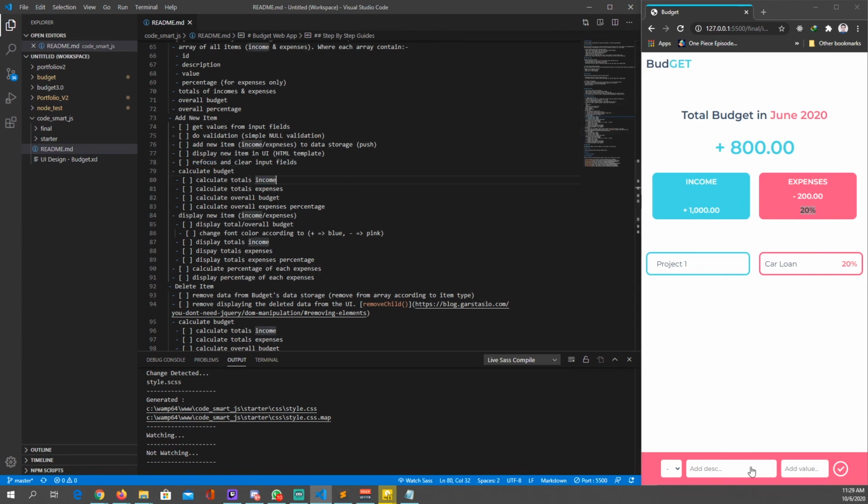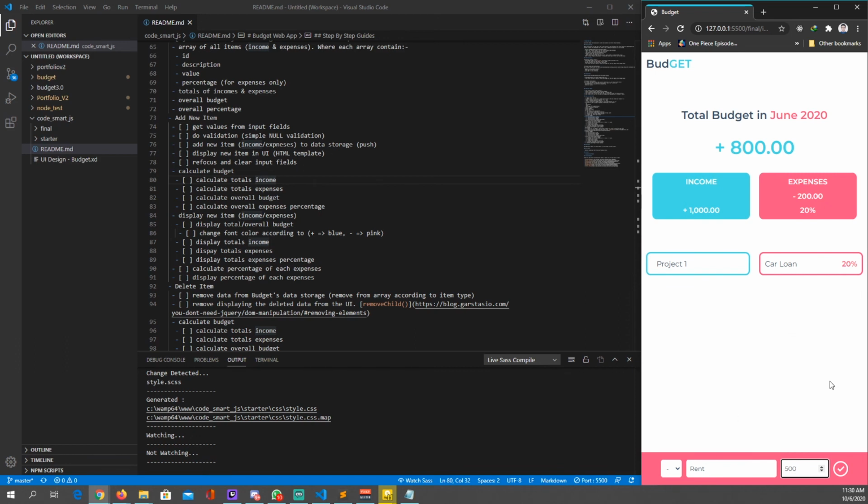So if you see again, if I put rent over here, I add a new expense of 500. After I click on this submit button or hit the enter key, it will add a new expense in the expenses list over here, right? Once it's added, it's gonna refocus back on our description placeholder.